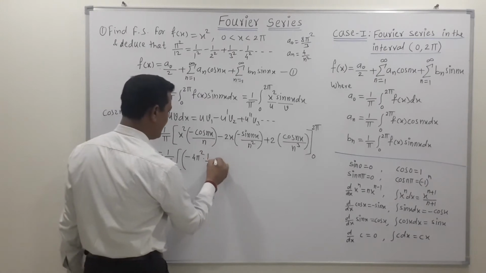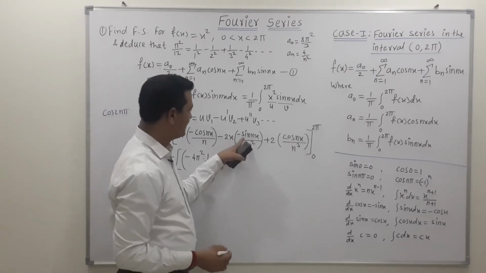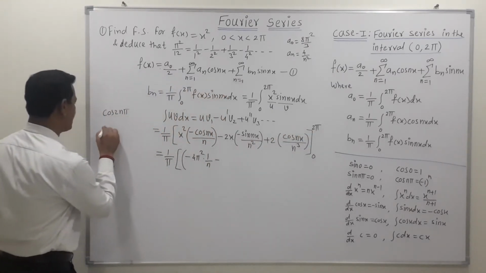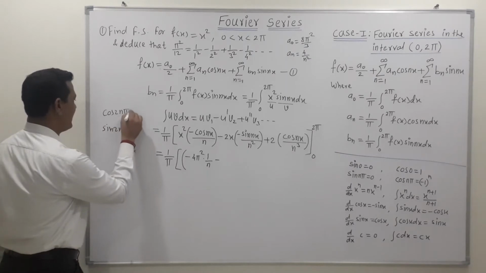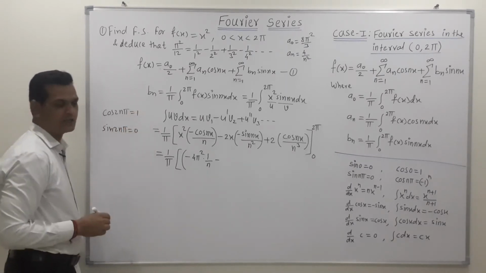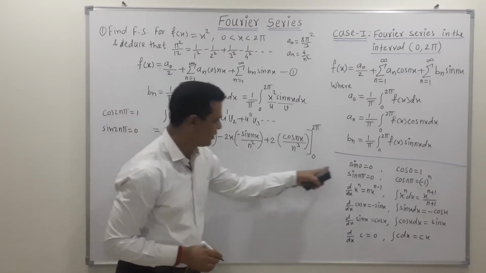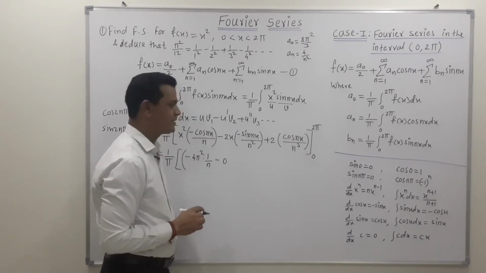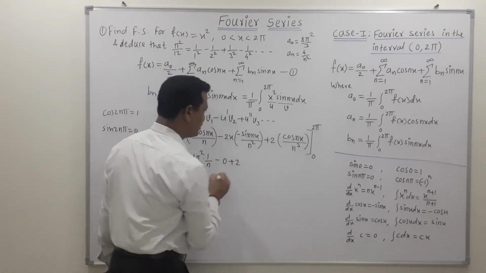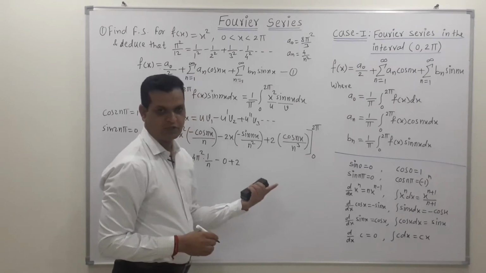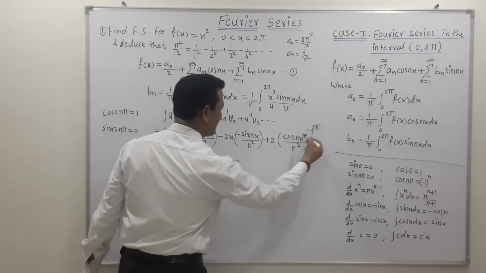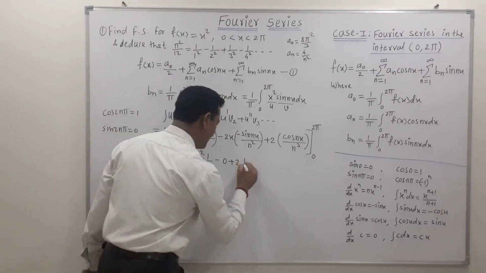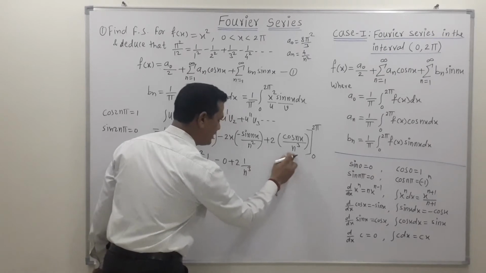This n as it is, minus, and for this term which is sine, if we replace x by the upper limit, we get sine of 2n pi. The value of cos is 1, whereas the value of sine is 0. So whenever a sine term is there, according to this formula we get the value as 0. Don't put the actual value, directly write down the answer. Now the next term is plus 2. Here cos is there, so it is non-zero. So put the value of the upper limit. We get cos of 2n pi, which is 1, so we can write 1 upon this n cube as it is.